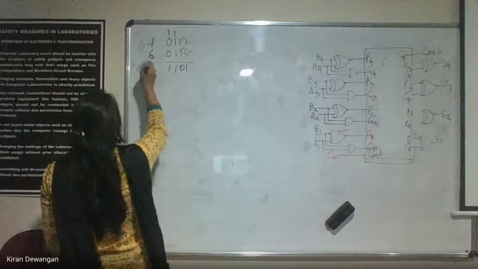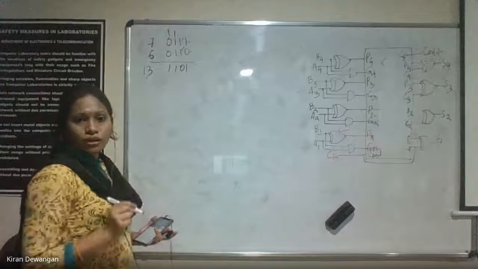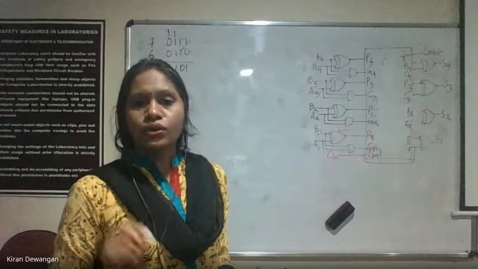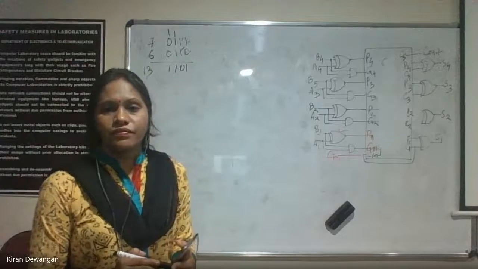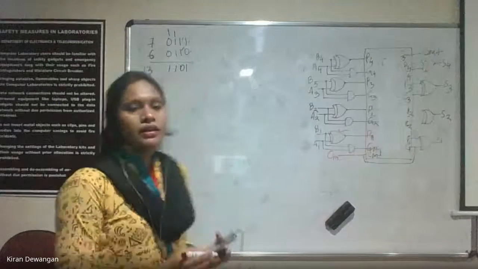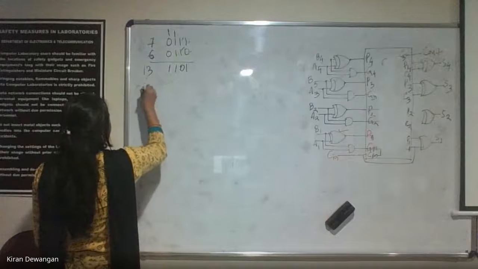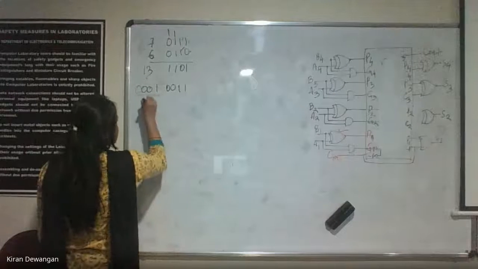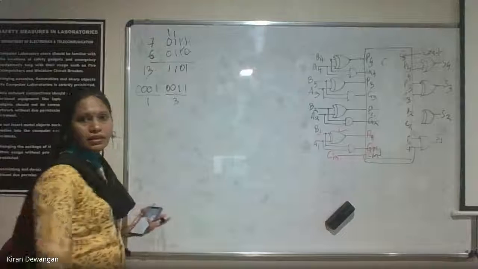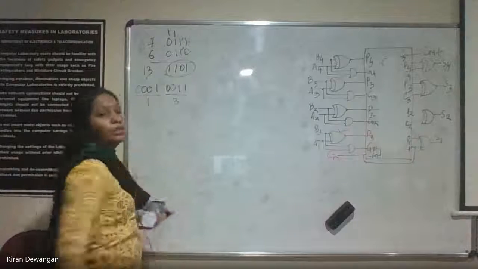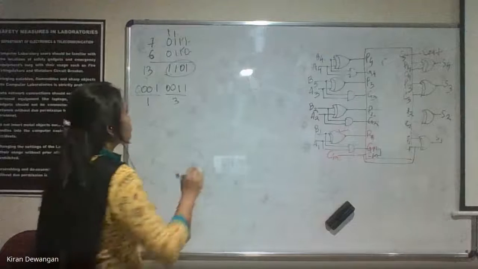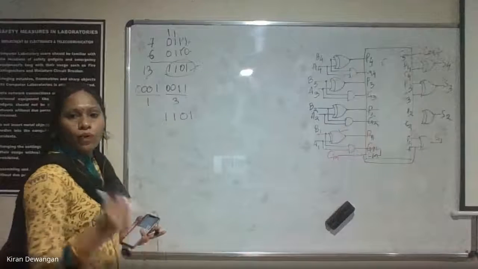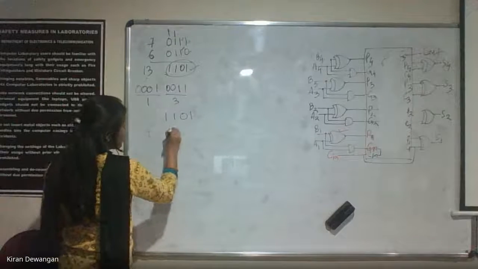Now coming to this point, this is 13. Do you know how we represent 13 in BCD? 13 को कैसे लिखेंगे? BCD में 0001 0011. Correct. This represents 1. This represents 3. But we are getting this, which is an illegal code. Clear? So whenever we get this 1101, what do we do? We add 6.